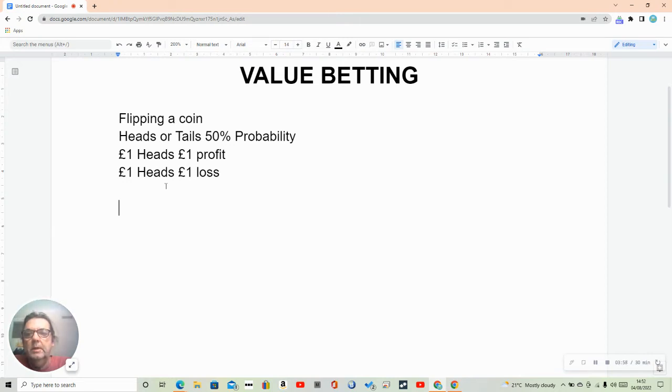So you might have a bookie who's saying, right, if you want to get ahead of all the other bookies, because everybody's giving you £1 back on flipping a head, they might say, well, I'll give you £1.02 back on flipping a head. And I'll only give you like 98 pence back if it's a tail. So if they're saying you could get £1.02 for a head and 98 pence for a tail,